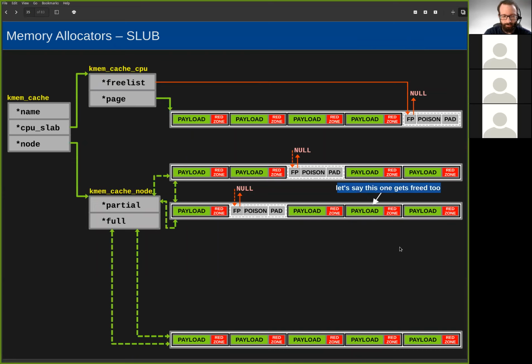And then let's say that this item gets freed too. So this item gets freed as well, and so this free list gets updated. And so you can see how this is the game. It's a fairly straightforward game, right? It's just a linked list of free objects in these slabs. We have an active slab for each CPU,